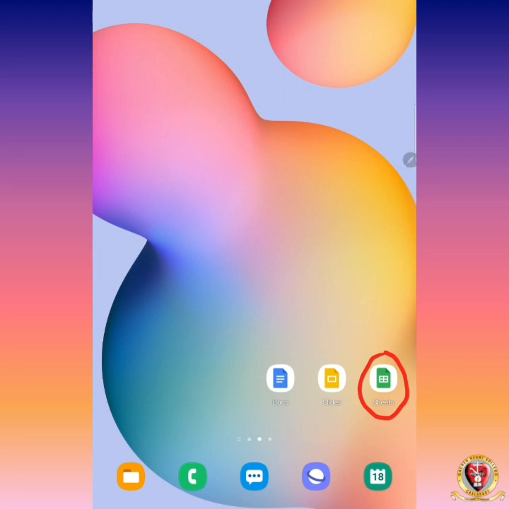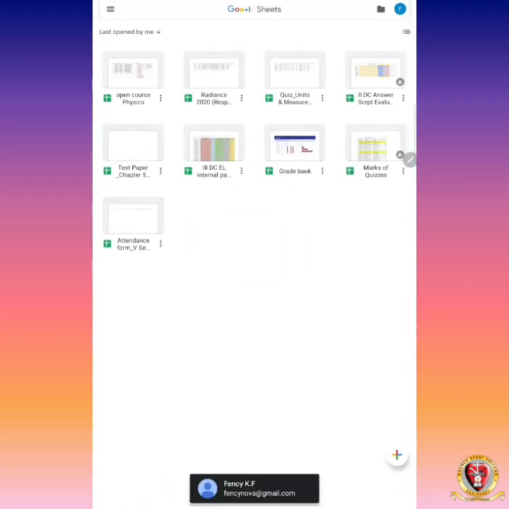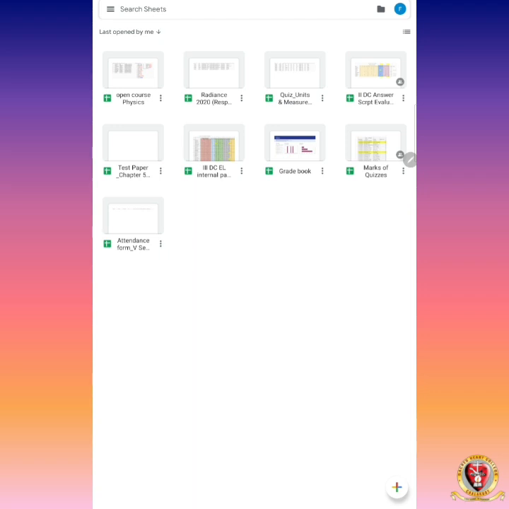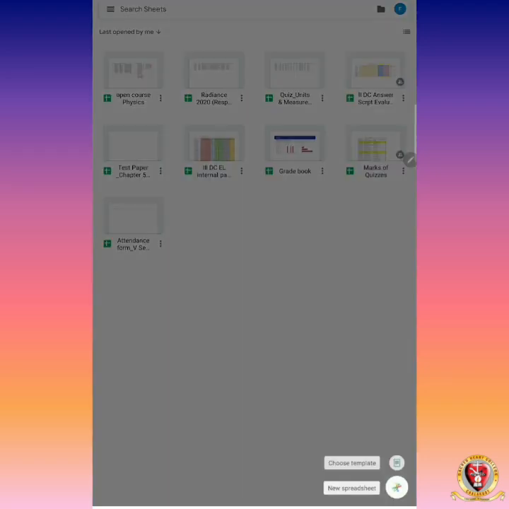So what are the duties of Google Sheets? This application is very helpful for doing calculations. It will do all the duties of Excel. Okay, so this is the home page of Google Sheets. Google Sheets is also created in a Gmail account, so it can be opened in any place where we have this Gmail account. Similar to Google Docs and Google Slides, the plus button indicates a new spreadsheet.